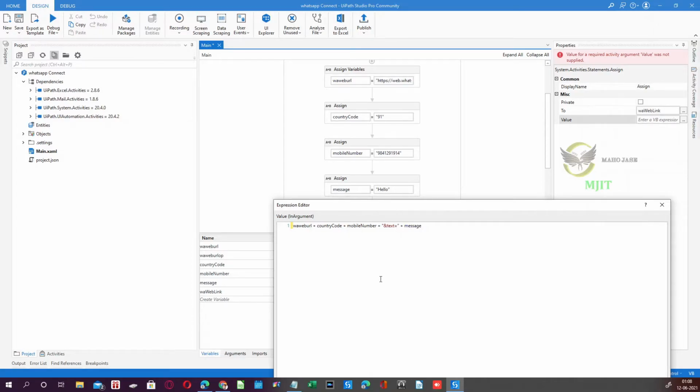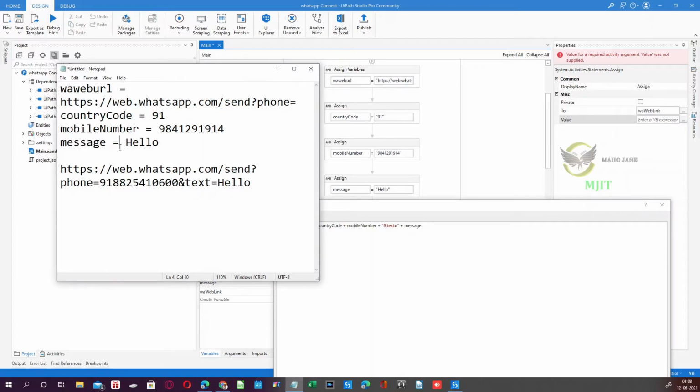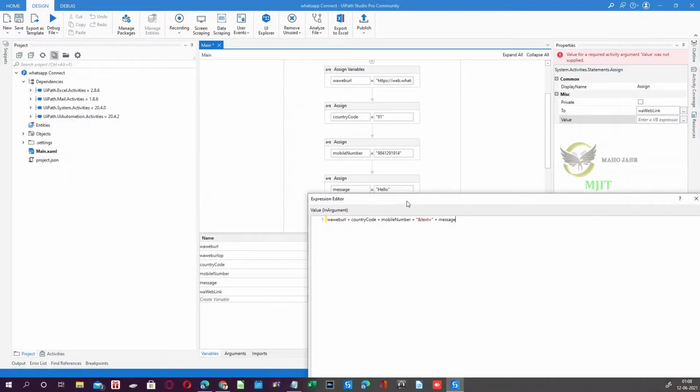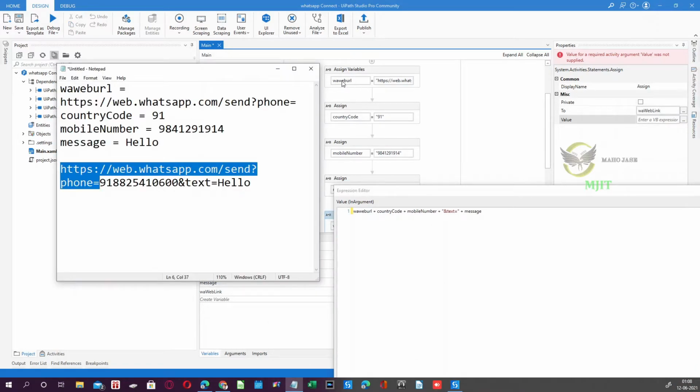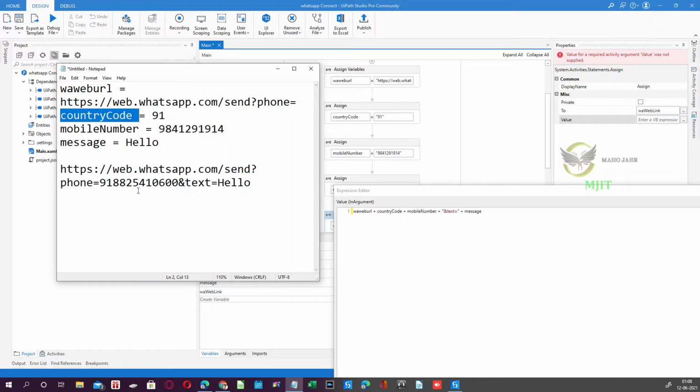So why am I giving it in this format? The reason is we need to stitch https web.whatsapp.com send question mark phone equal to. This is part of our WA web URL variable. Then country code, because 91 is part of the country code. Then the mobile number is coming.